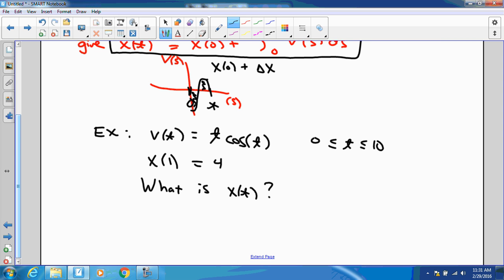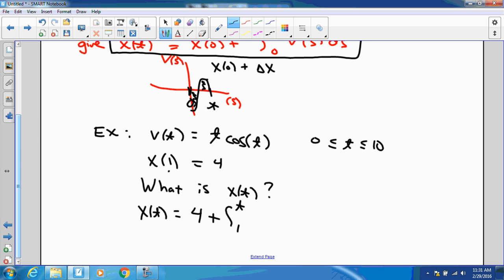And now we wonder, what is the position of the particle as a function of time t? And so using the idea of the definite integral, we can write the expression for x of t immediately. We can say that x of t is equal to the initial position plus the change from 1 out to t